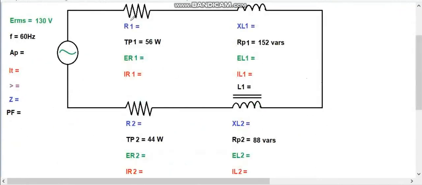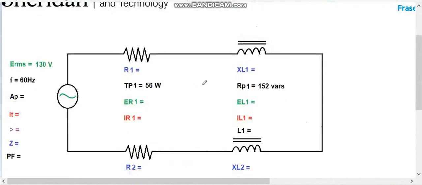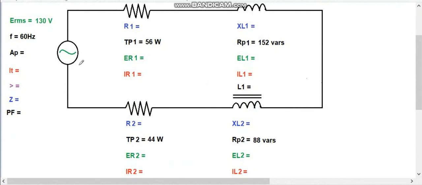Because this is a series circuit, and I've staggered them like this for a reason, just to show you, it makes no difference. If I was to take this end here and straighten this whole thing out, it's one current path, and my total value of resistance, not opposition to current flow, but total value of resistance is going to be the sum of the individual resistors, and the total value of the opposition to current flow, or the inductive reactance, is going to, in a series circuit, be the sum of the individual inductors, the reactive power